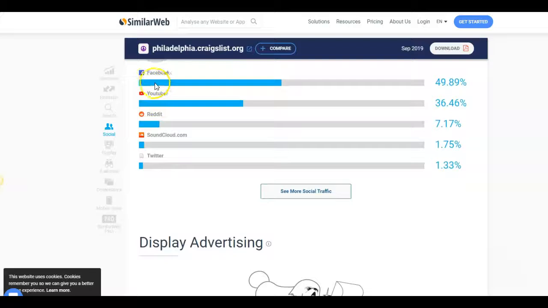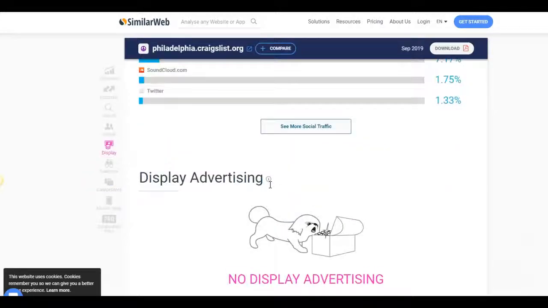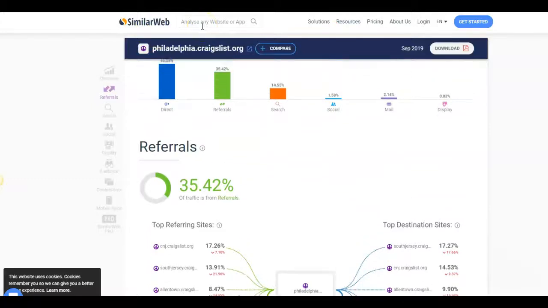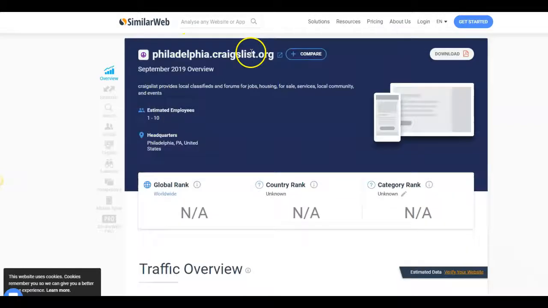And as you can see, Facebook is very powerful. This is why I combine Craigslist with Facebook to build up a massive list. Let me see. You can see now if you guys want to go and see this for yourselves, yeah, go to SimilarWeb and type in Philadelphia.org, Craigslist.org. So if you want to learn more how I'm doing this for free on Craigslist and building up a lookalike audience on Facebook,